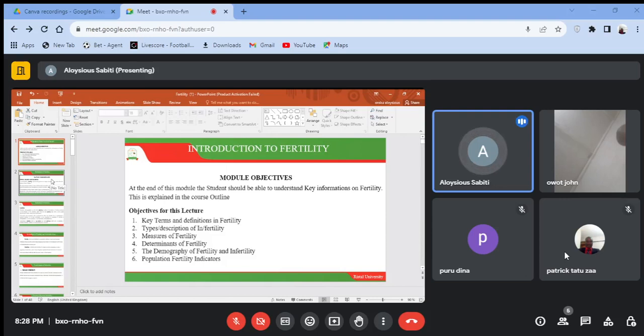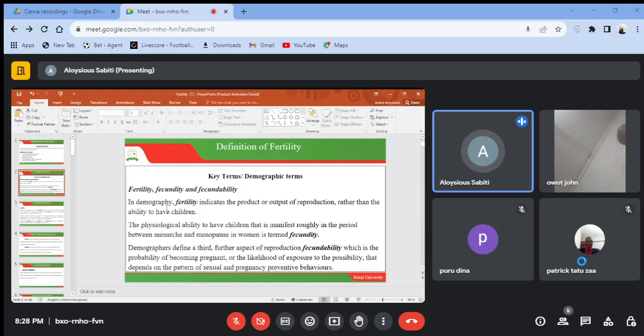and infertility, and we looked at the measures of fertility. So we were able to define the terms of fertility, fecundity, and fecundability. And today we should be able to understand the differences,